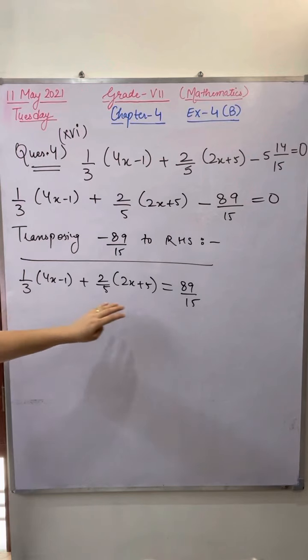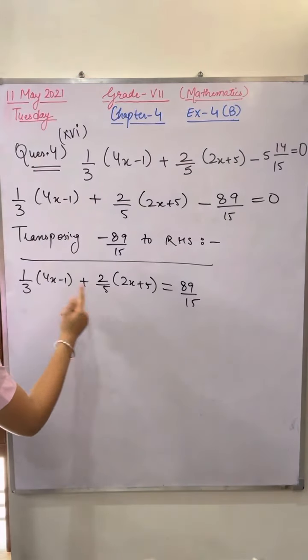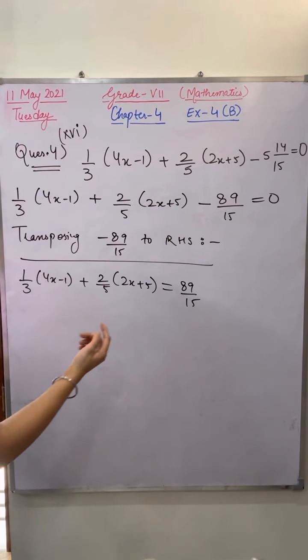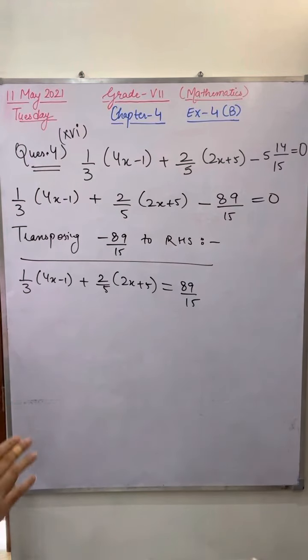Now please tell me, I want to multiply with one number on both the sides. What will be that number? Here I'm having 15, here I'm having 3 and 5. LCM of 3 and 5 will be 15. Here also I'm having 15. So I have to multiply with which number on both the sides? Yes, quickly. Arshia, Prasan, very good.